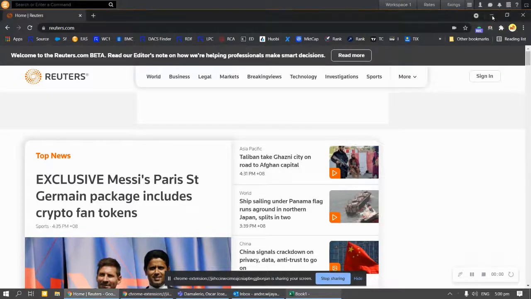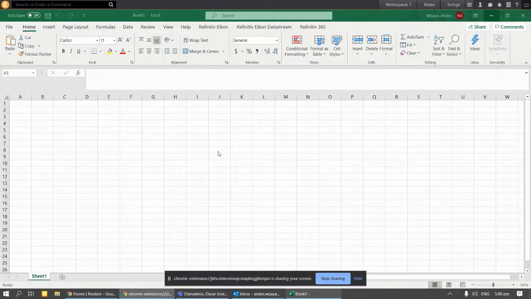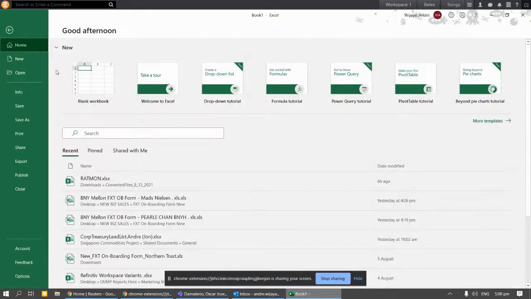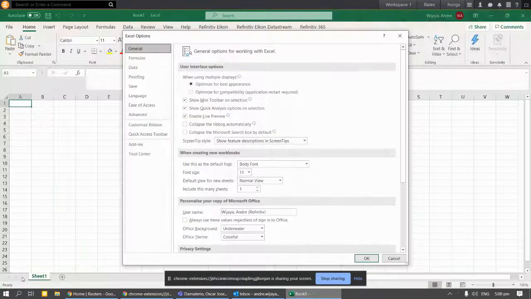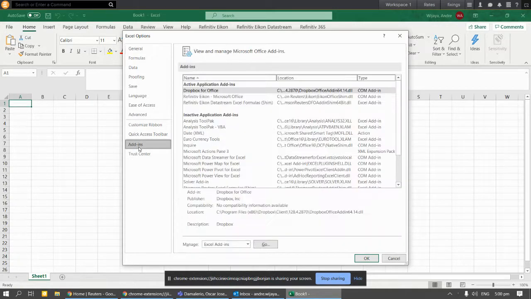Hi, in this video, I'm gonna show how to enable the Icon Excel Add-In. So you open an Excel spreadsheet and then you go to File and go to Options, and then under Options there is this Add-ins,